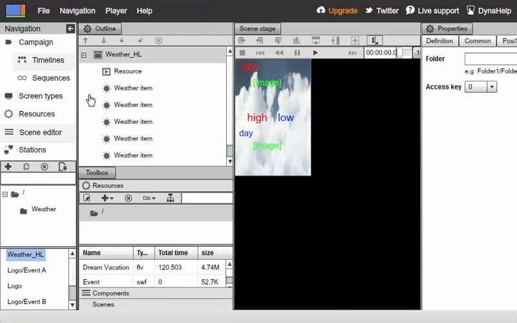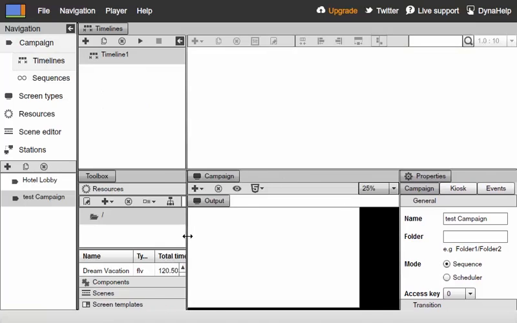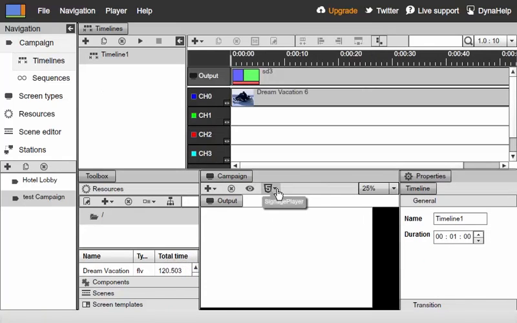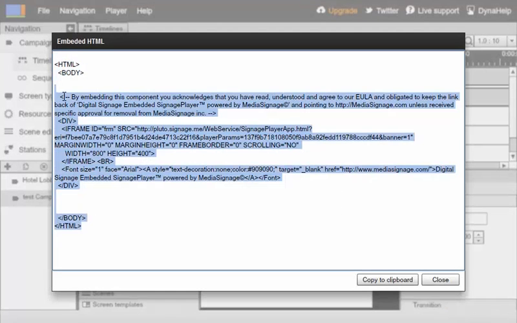As we mentioned earlier, you can also go over here and embed your presentation inside a website. If you click on the Signage player right here, you can take this HTML code and embed this onto a website and watch your presentation run